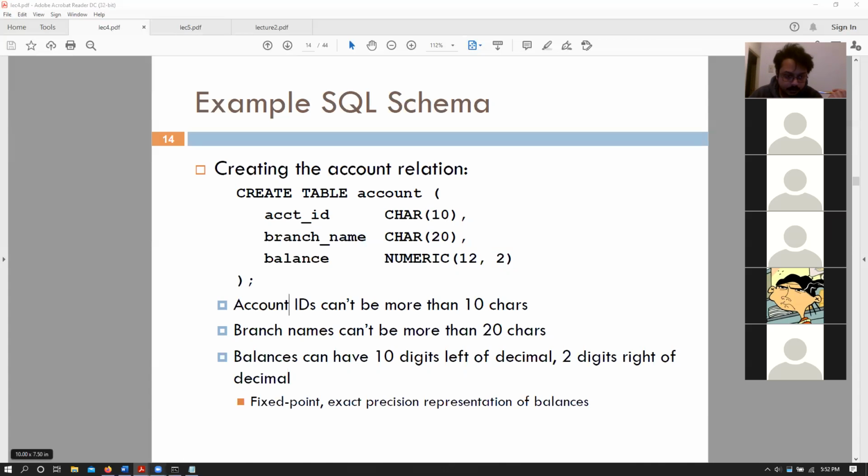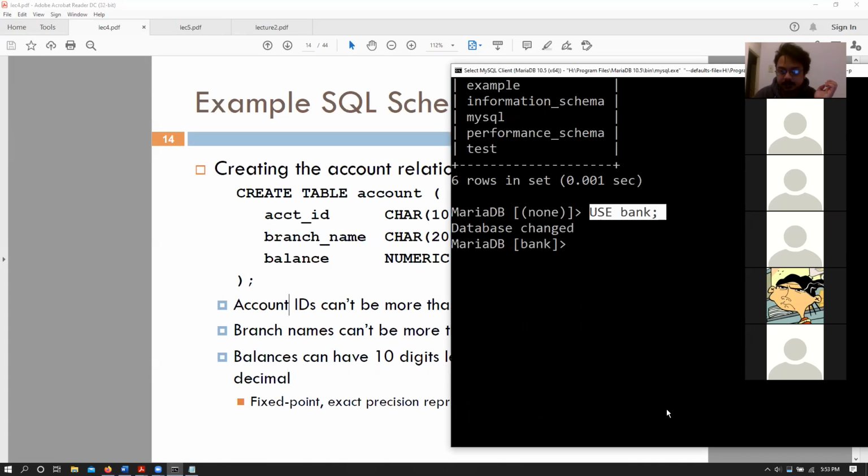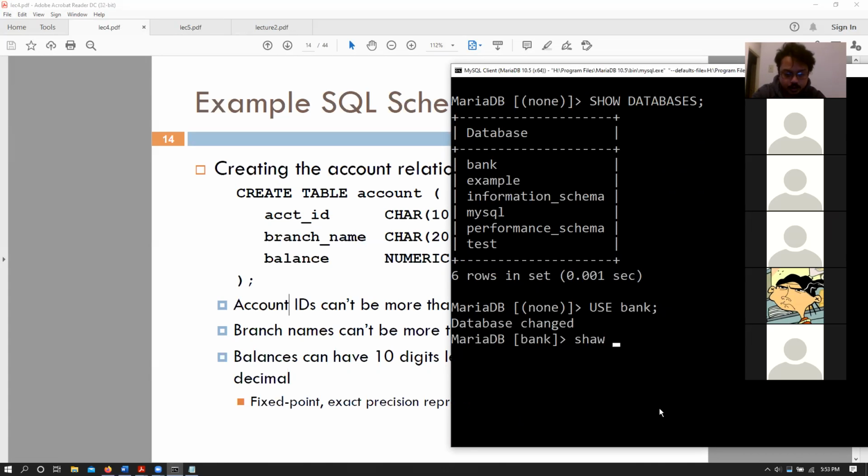So essentially, if we go back to our terminal here, we had created our bank database. We said use bank, so that made this our default database. And if we say show tables, it says that it's an empty set. So currently inside bank, there are no tables. So let's create a table, create table account, and let's follow the same thing that we did here.